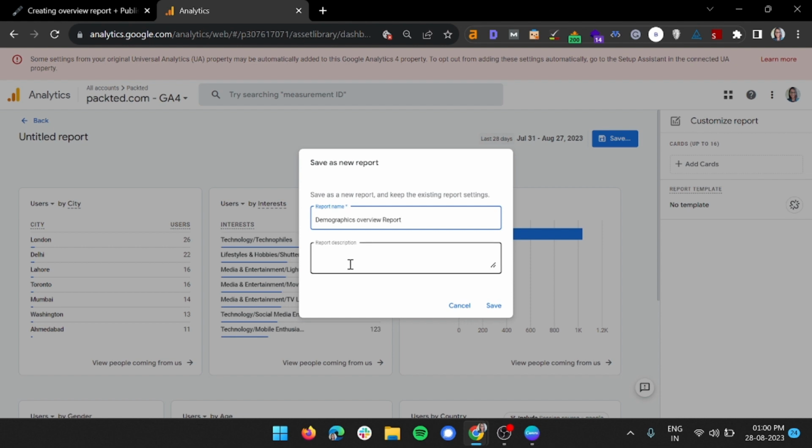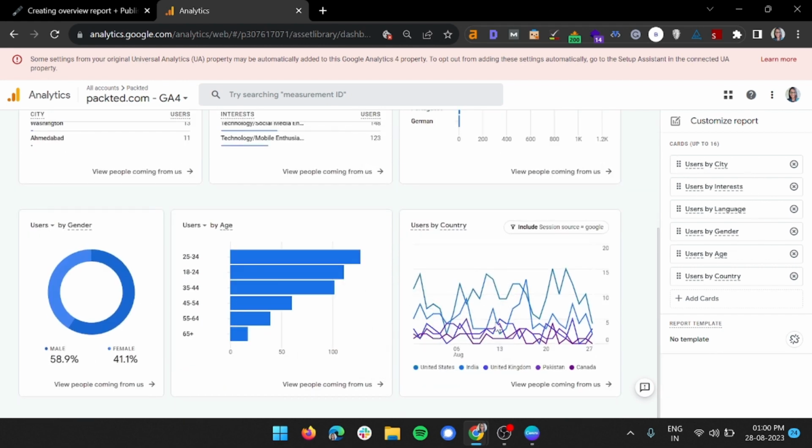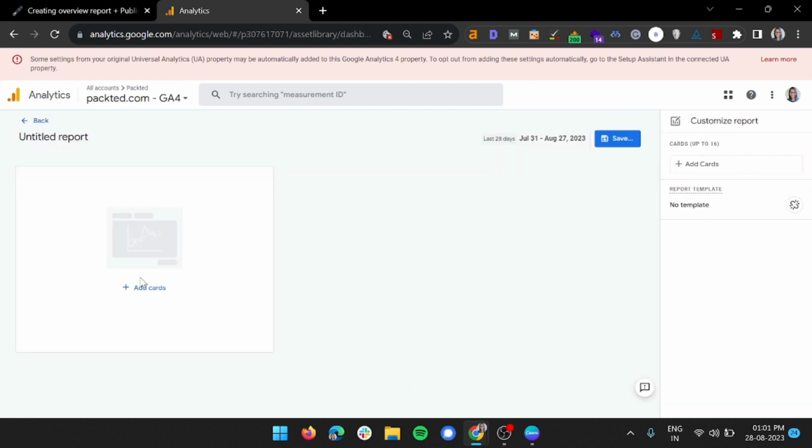You can also add a description, but for now I will just leave it blank and click on save. After saving, you will see all the cards that are in this report, and you can always go ahead and add new cards if you want to. I will also make another overview report just to show you, so I will go back and show you the different report. We will click on add cards,